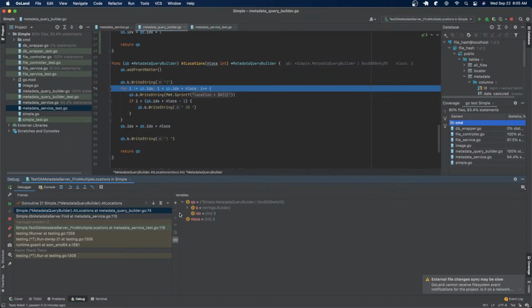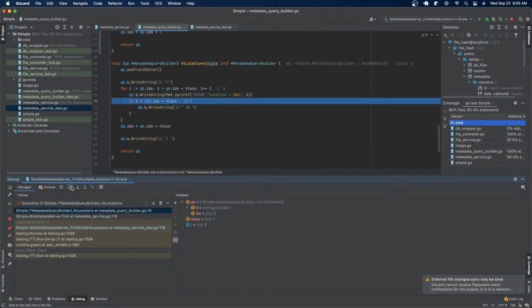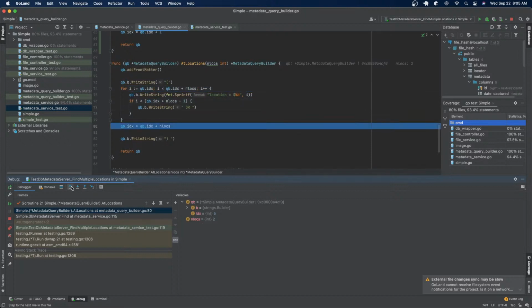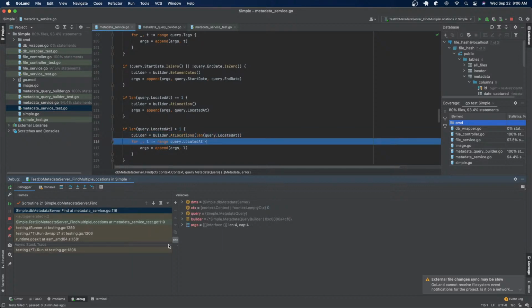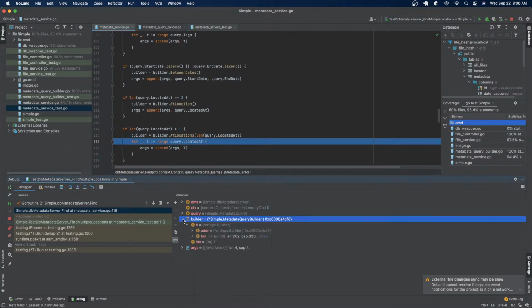IDX is 5. The first one should be 5, right? So if I were to do